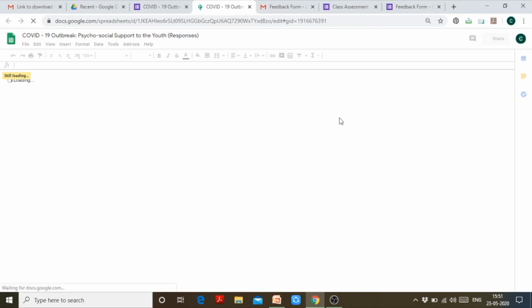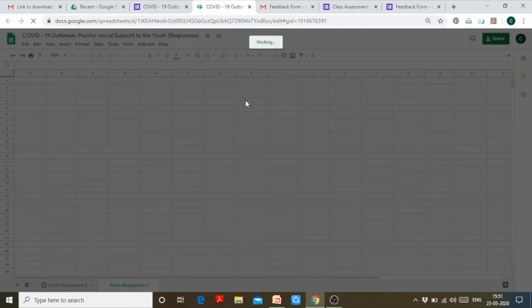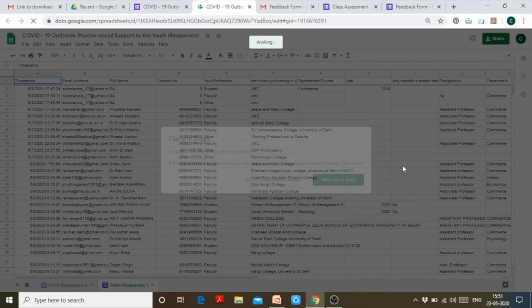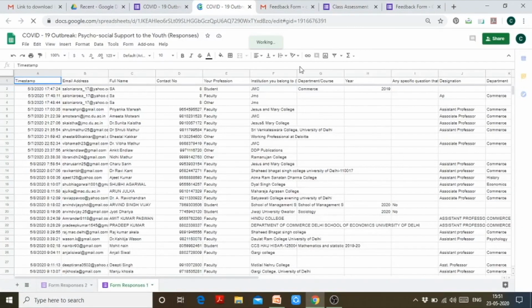It will load in a couple of seconds. This is saying that the file is in trash, and to take it out, click on take out of trash. Somebody must have moved this file into the bin, so I have taken the file from the bin.